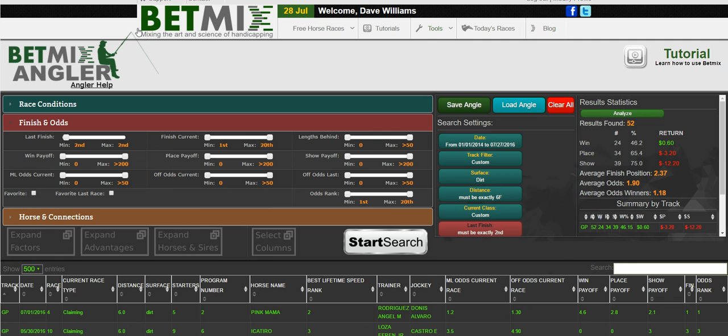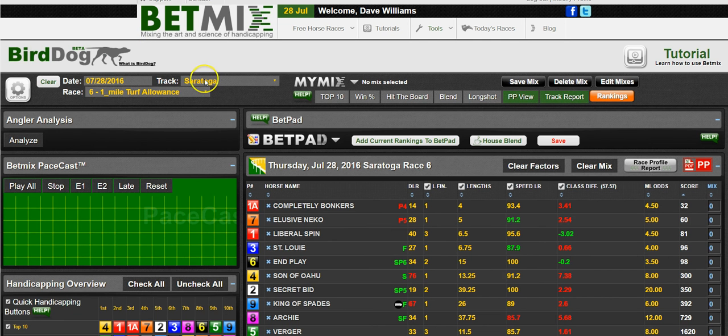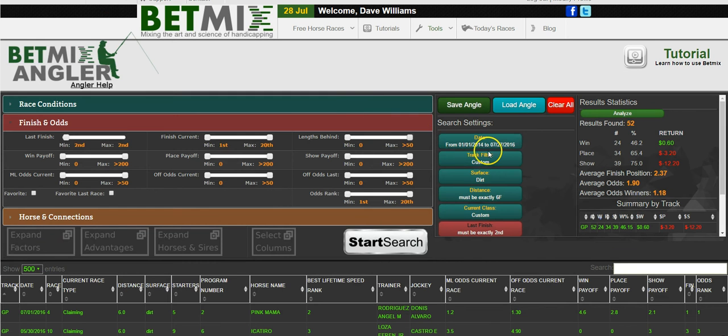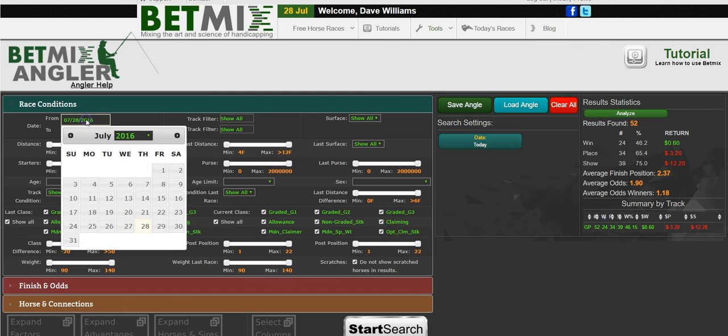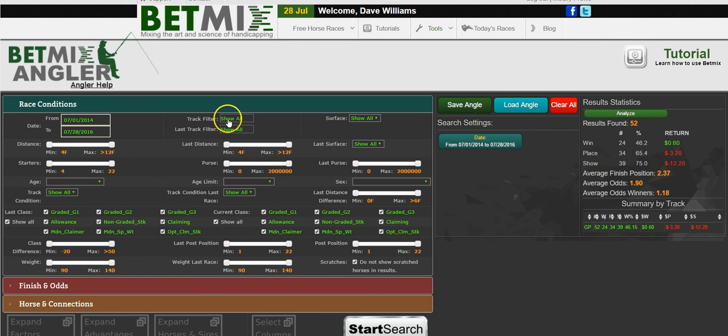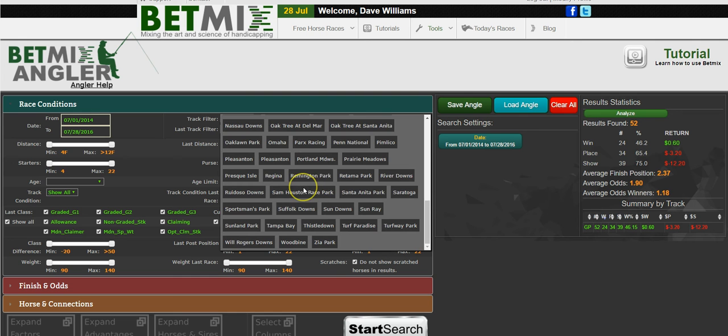Another really interesting way to use Angler. Let's say you're handicapping today, Saratoga, and the sixth race is a mile on the turf. So you would come back to Angler. You clear all that out. Let's say we want to go back to 2014 at Saratoga,